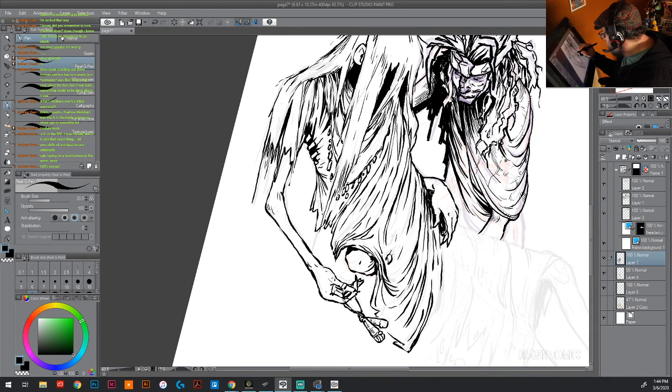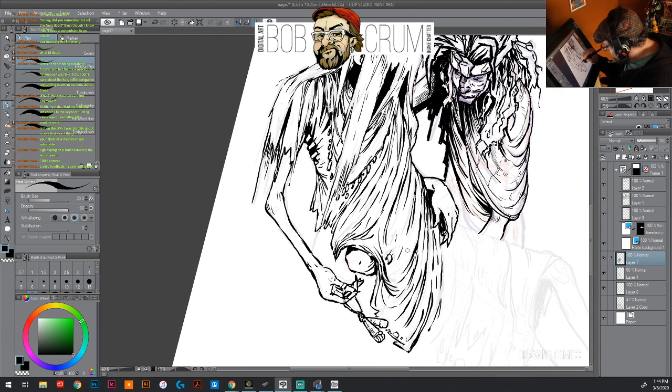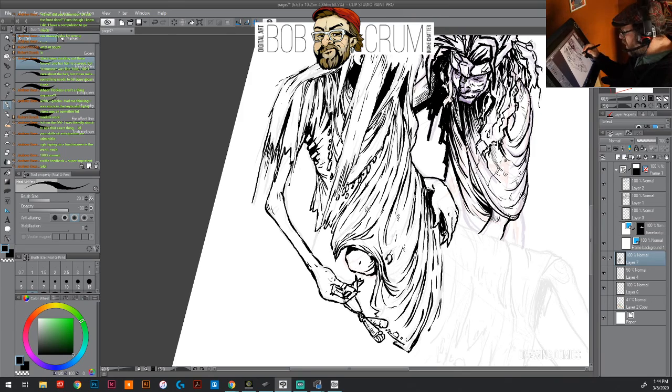Not going to let it go. If I mock it enough, I'll remember to stop doing it. I want to make holes in the ends of this, like it's frayed. That's why you put the messy marks in the fabric, like the sideways cross-hatching here and there. And since this is actually a decent big part of the page,